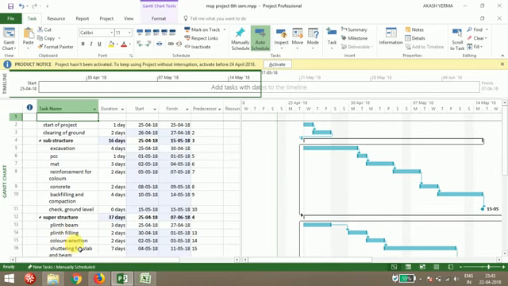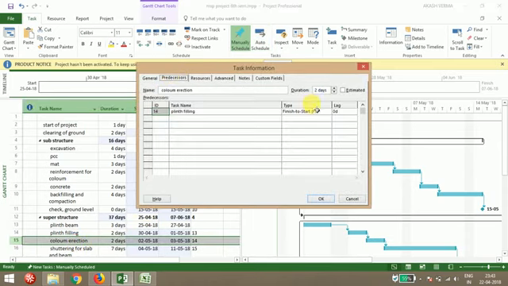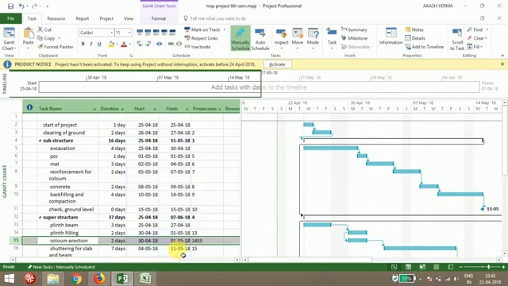So I'm going to just double click on column erection, and go to the predecessor part. Here you can see the type, finish to start. As I said, in Microsoft Project the default relationship is finish to start, but if you want to change your relationship, suppose I'm going to give start to start. Now if you see, it has come as 14SS. 14SS means 14 start to start. So activity 15 and the preceding activity 14, these two activities will start simultaneously. Okay, so like that you can use your relations.